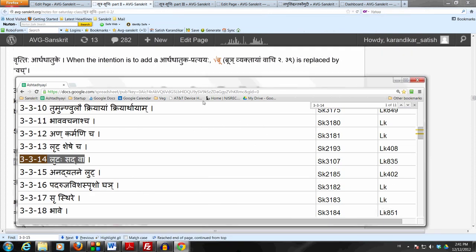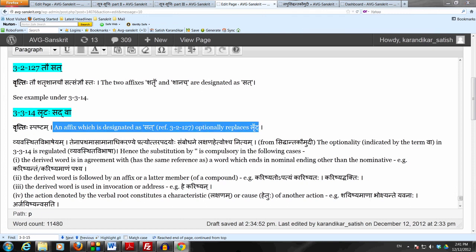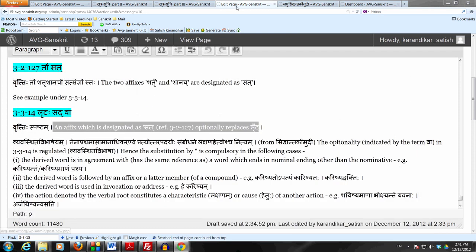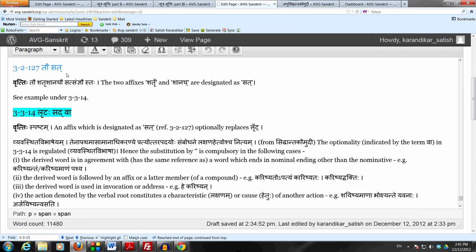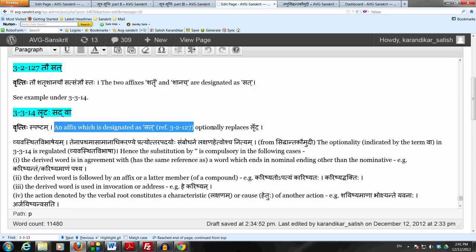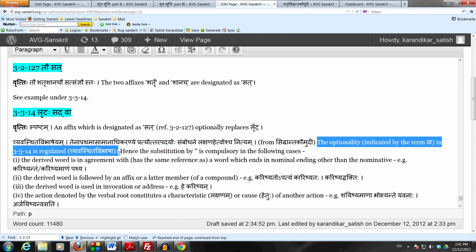By the present sutram 3.3.14, Ritas Sadva, we know that in place of the rit prescribed by the prior sutram 3.3.13, rit sheshe cha, an affix designated as sat may be substituted. Now we also know by the sutram which we just studied, which is 3.2.127, tau sat, that the term shatru as well as shanach has the designation sat. So what this means is that in place of rit, shatru or shanach may come as a substitute optionally. But now the optionality in 3.3.14 has an order to it. It is a regulated optionality, what is called vyavasthita